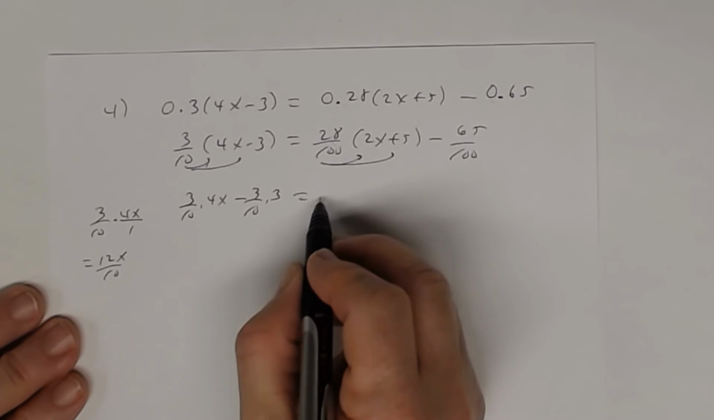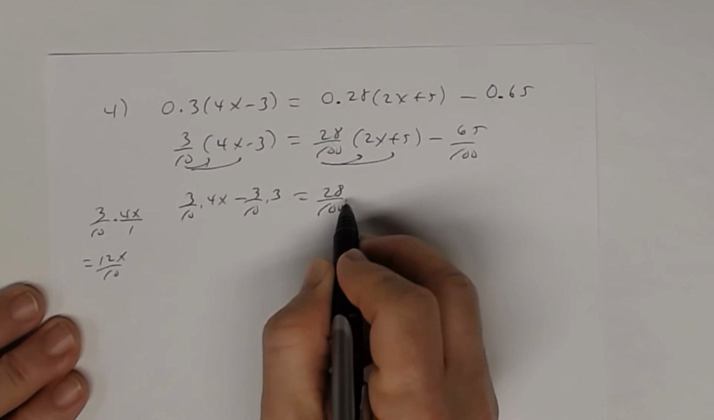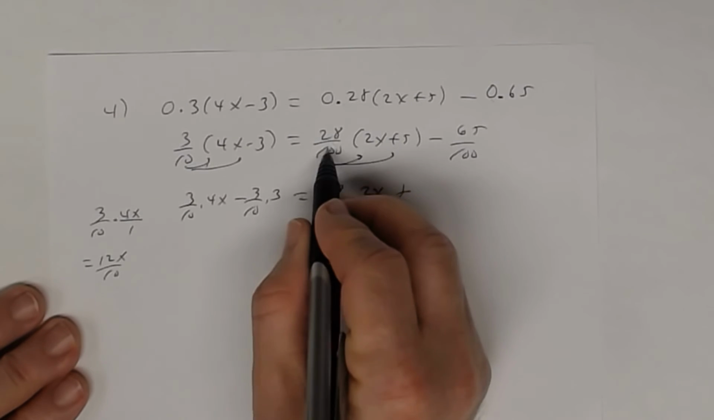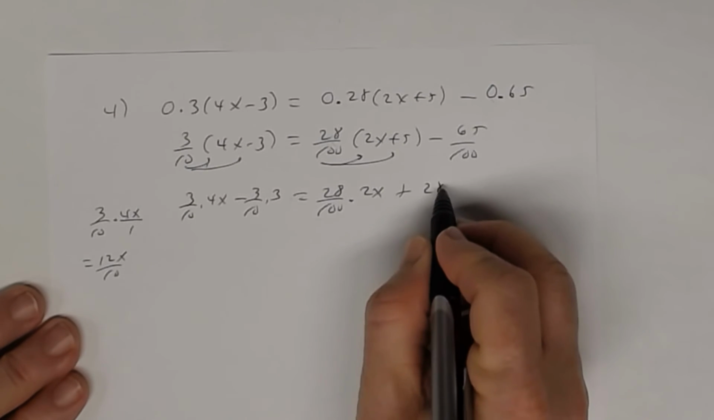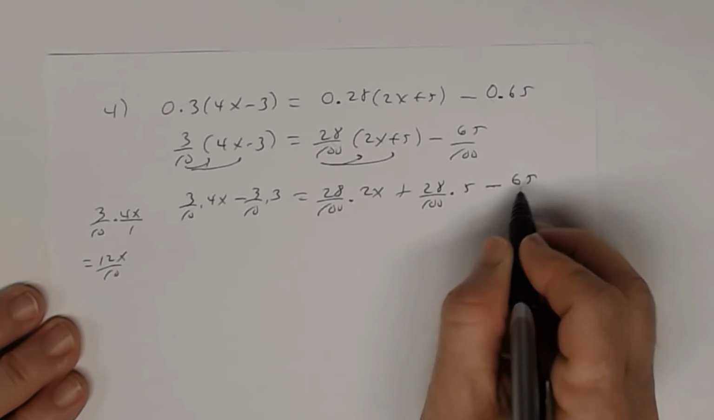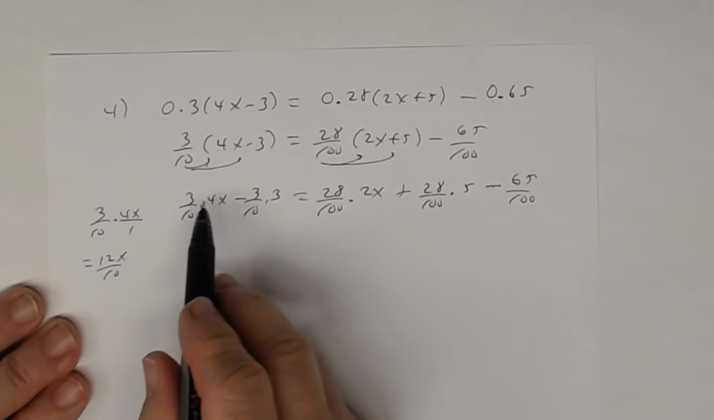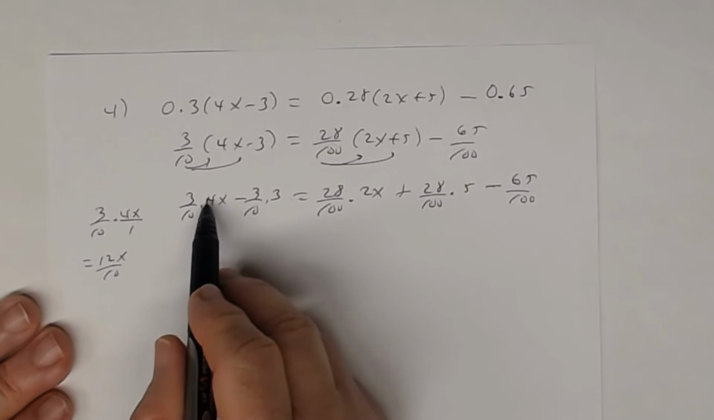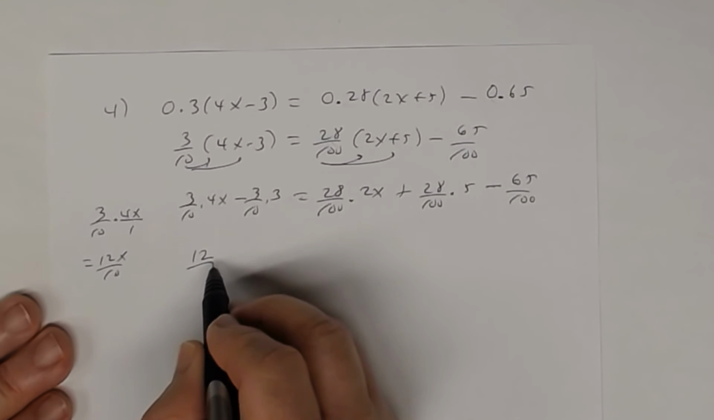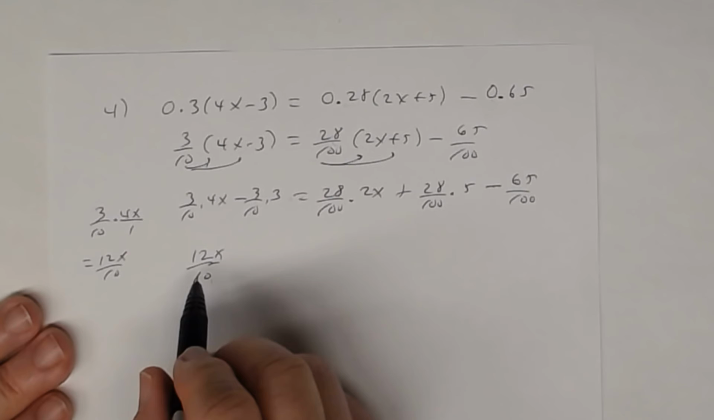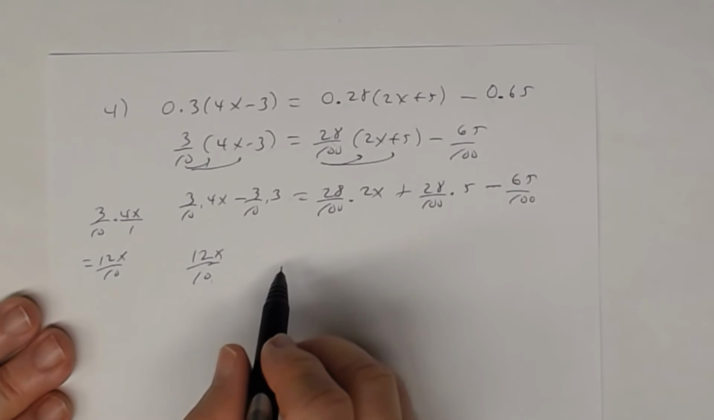Over here, do the same thing. Distribute the 28 hundredths. So I get 28 hundredths times 2x, plus 28 hundredths times 5, minus 65 hundredths. All right, now let's go ahead and multiply. 3 times 4 is 12. So this is 12x divided by 10. Now again, don't reduce, because you want to leave them as factors of tens in the